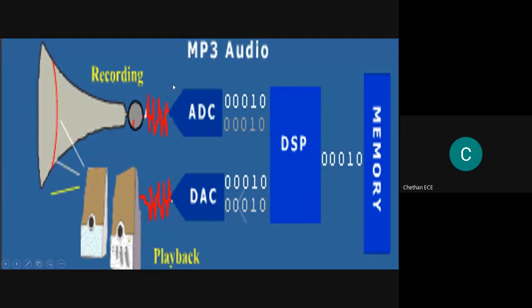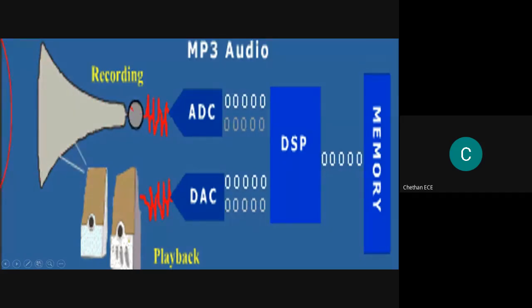Here I am using a mic. The sound wave is being converted into digital equivalent by ADC. ADC will deliver the digital data to the DSP. DSP will perform some computation and the result will be stored in the memory. And after storing in the memory, at the other end, all the data stored in the memory will be converted into analog signal, because here we are using DAC as a reconstructing mechanism. Here the same sound wave can be heard over a loudspeaker or just a speaker.